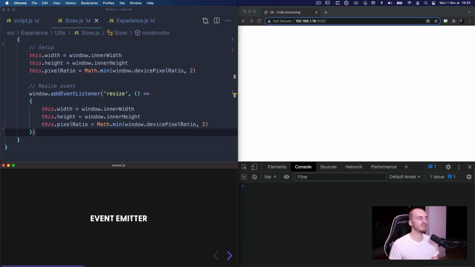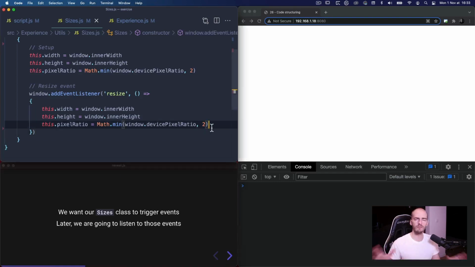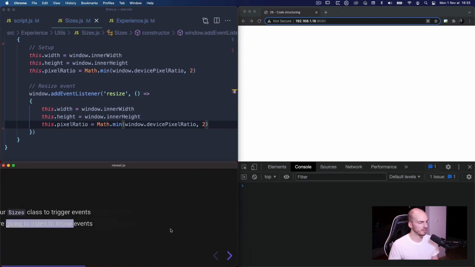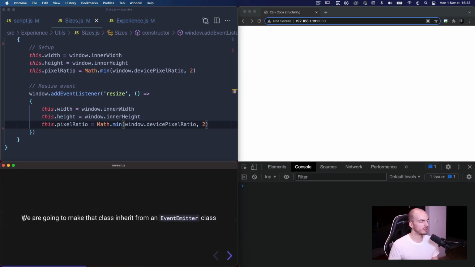To do that, we are going to use the event emitter. So let's go. We want our sizes class, so this class, to trigger an event, to say, hey, something happened. And later, other classes are going to listen to that event. And when that event occurs, they're going to do stuff like updating the camera or updating the renderer or do whatever you want. How can we do that? We're going to use